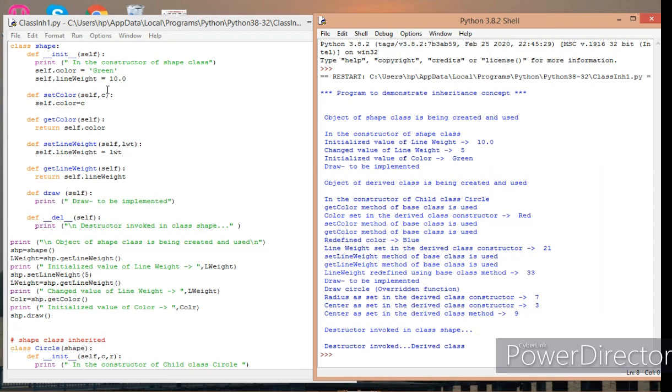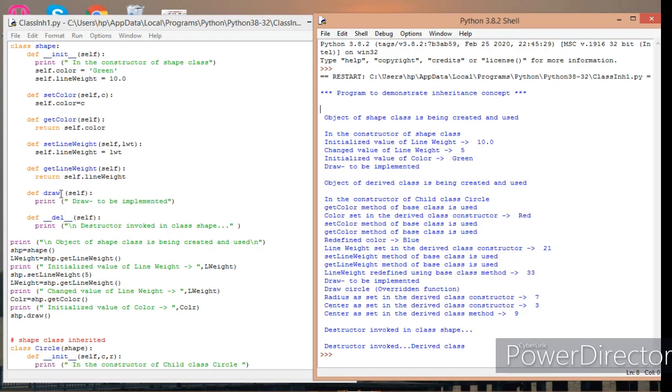What was the color set earlier in the constructor? It was green. So COLR equal to SHP dot get color will return green into this particular variable, and the initial value of color is printed. What is that? It is green, and it is invoking one more method, draw, with the help of the object SHP.